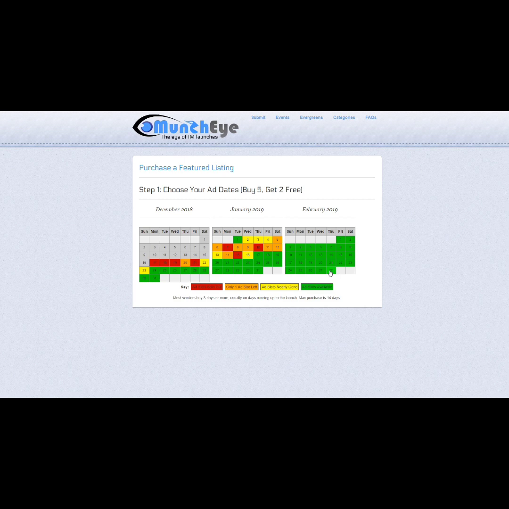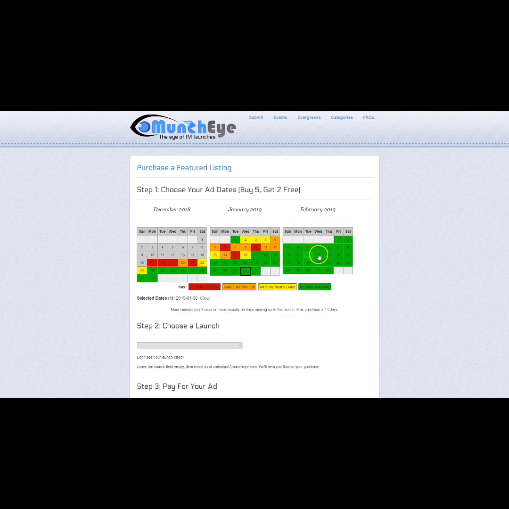Well, then you would want to get, see, they have this deal going on, which I think is always there. I've seen it for years. Buy 5, get 2 free. So you're basically getting 7 days if you just spend $250. You want to plan out a good ways. You want to start letting people know roughly 30 days out. Okay? And then